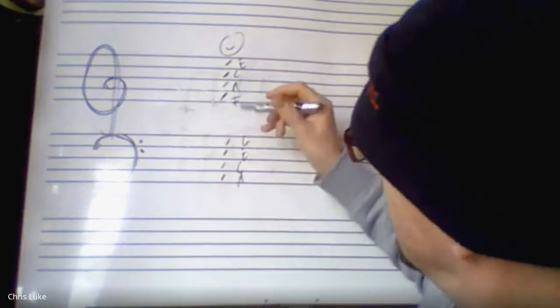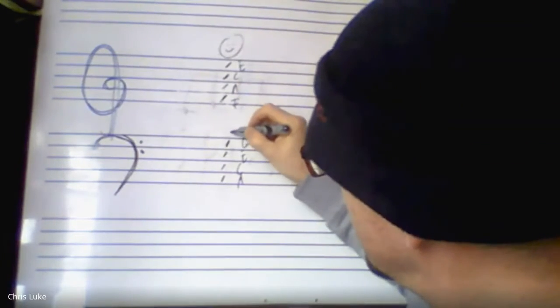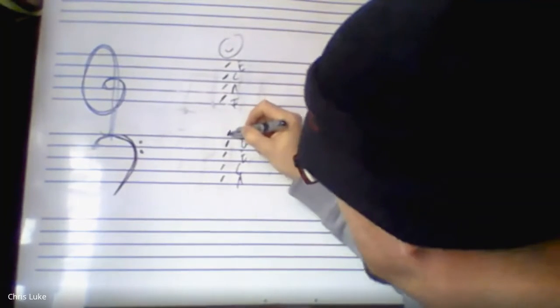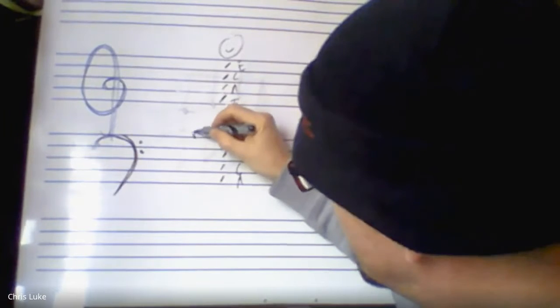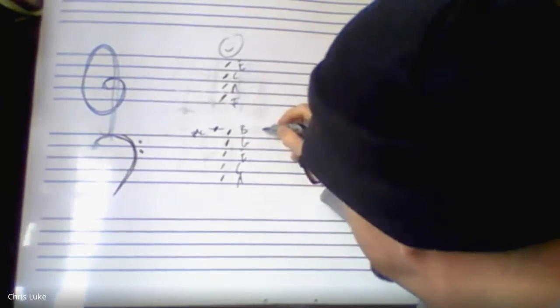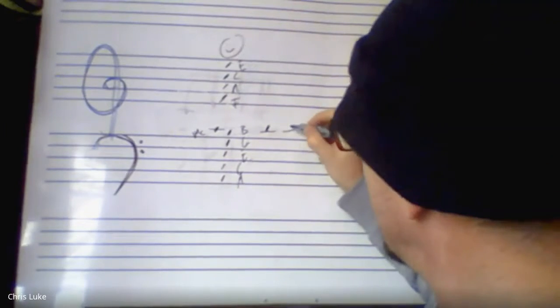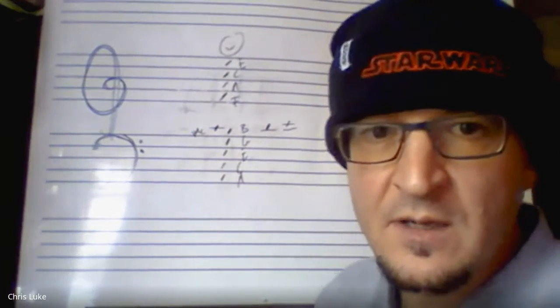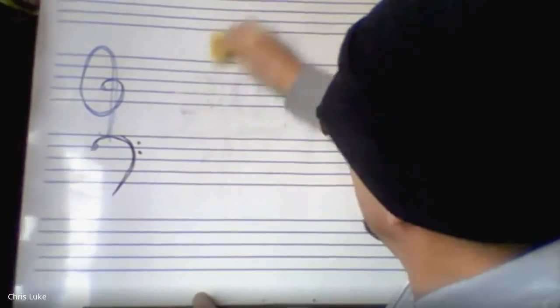So guys, if that's a G, right? G, A, B. This is a B. And then from that B up to the first ledger line is a C. That will be middle C. And up to the next one here, that will be a D. Okay. And then to E. All right. So guys, it's really just an extension of what note names are already on the stave, and it's